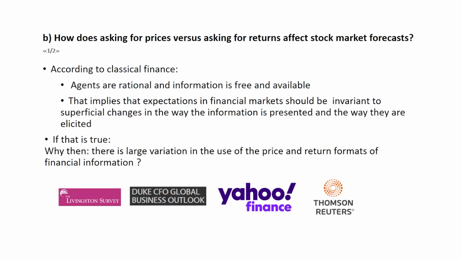Some of them present the expected prices or the charts of the last 10 years of price development, and some tend to give us only the return charts for some kinds of stocks, whereas they give us the price line for other kinds of stocks. So in order to understand if there's any difference in the way the information is presented or asked for,